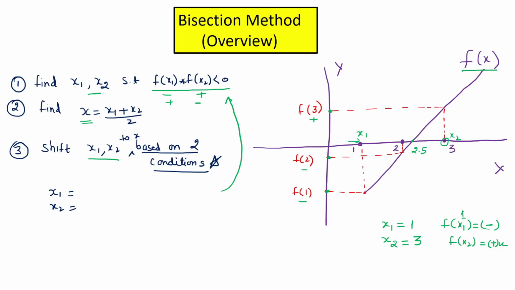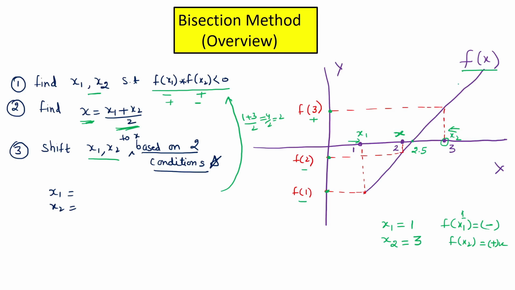That means this boundary and this boundary. Now the second step says that you find the midpoint between these 2 points. If I find the midpoint between 1 and 3 using this formula, I get 1 plus 3 by 2, that means 4 upon 2, that means 2. So this is my new x. Now I can stop here after finding this midpoint, and I will say this x is the root